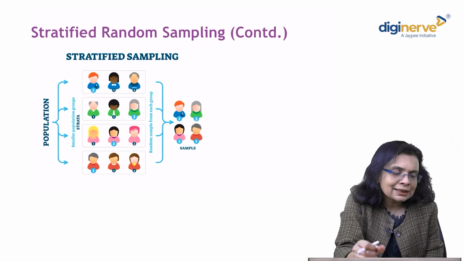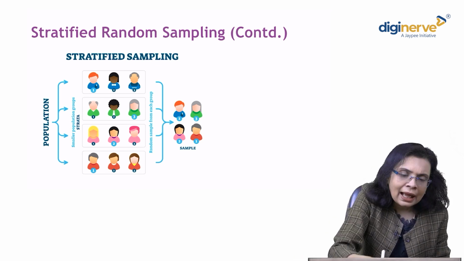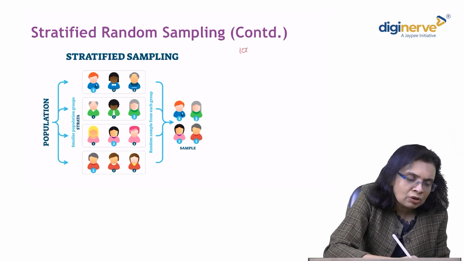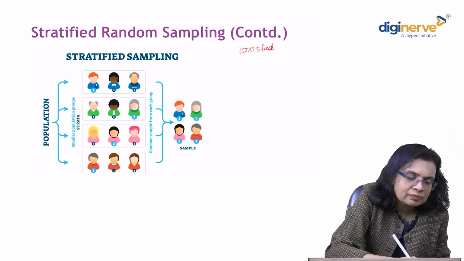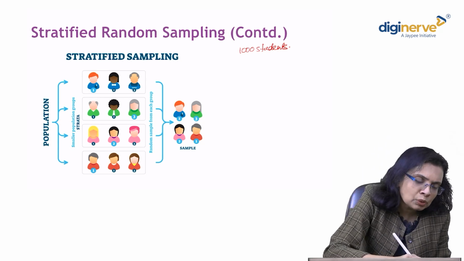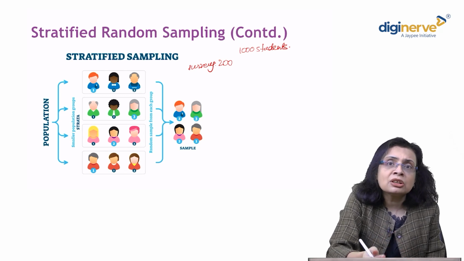So here you can see this image. In this example, you can maybe consider that all these individuals which are shown belong to a university population, and the total population is, maybe say, 1000 students, and you want to create a survey of say 200 students,